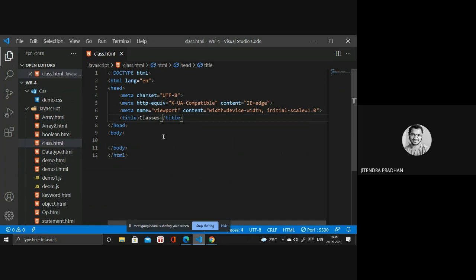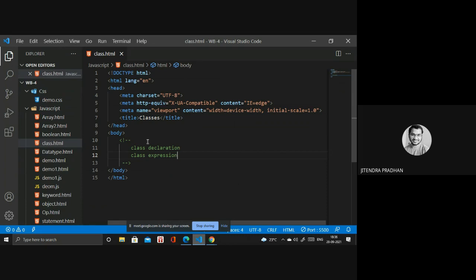Inside, we are writing something in a comment, it's better. So we have class declaration and class expression. Okay, we have two ways: class expression and class declaration.